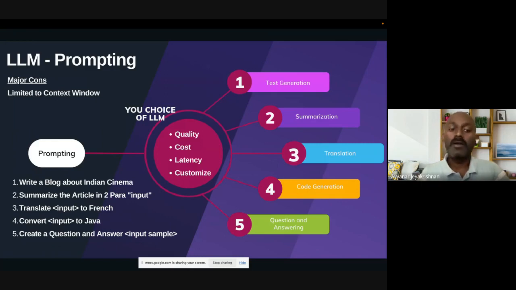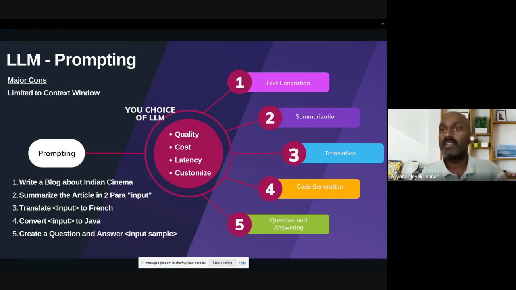Let's take an example: write a blog about Indian cinema. If you want it to be more particular, about Indian cinema between 1950 and 1953, the better the context you give in the context window where you give your input, the better the quality of the output. And using the large language model, you can create text.